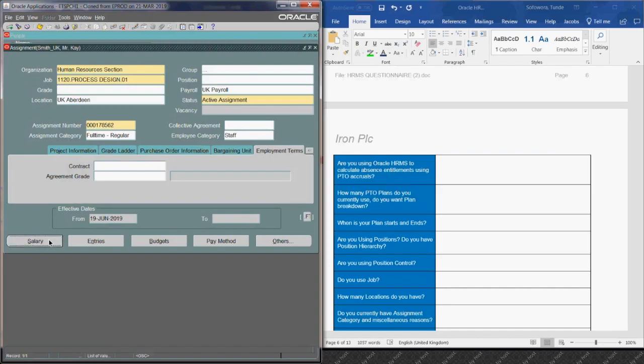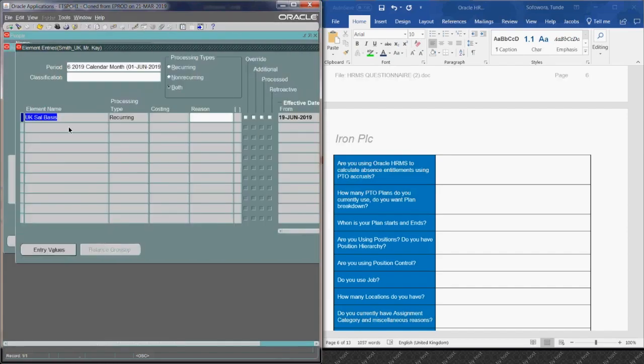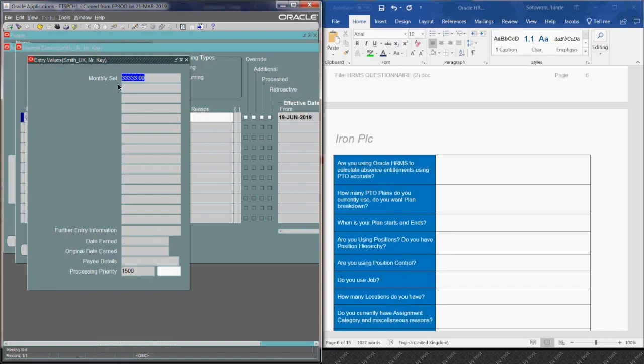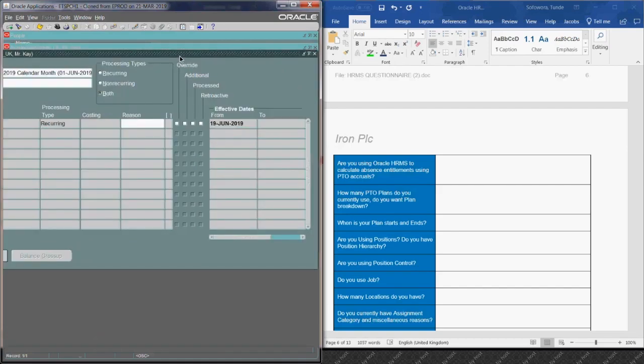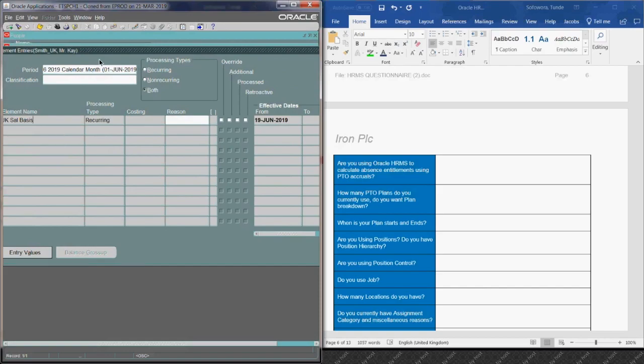For salary, once you complete the salary, it automatically comes up on the salary page here. Oh, sorry, I think it's entries. Once you do the salary, for example, I've already done salary, I just put 33,333. So once you do that, that's it, and that's all the information you get. Now, what we have here on this element entry,